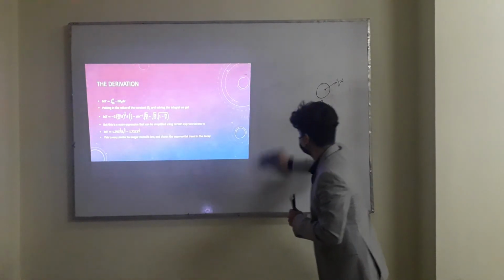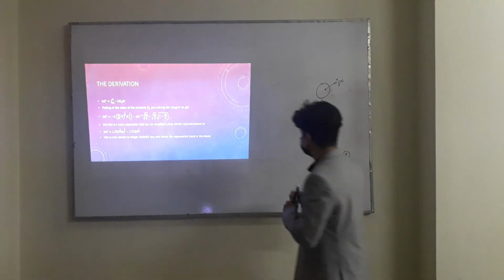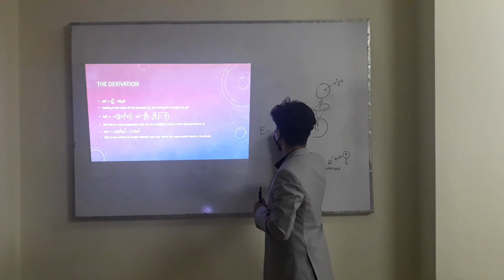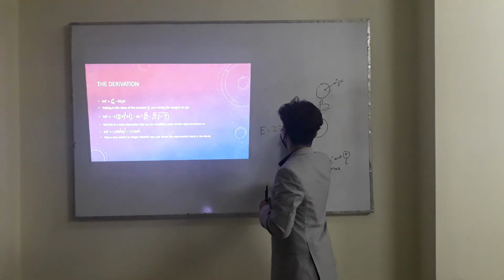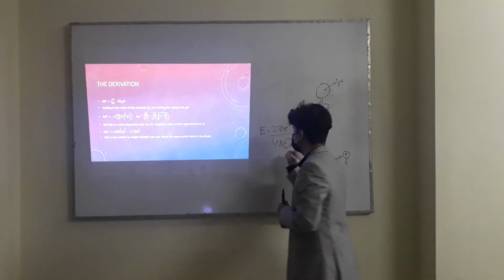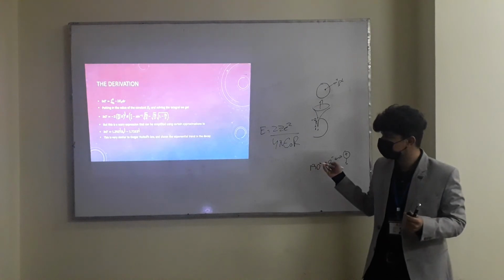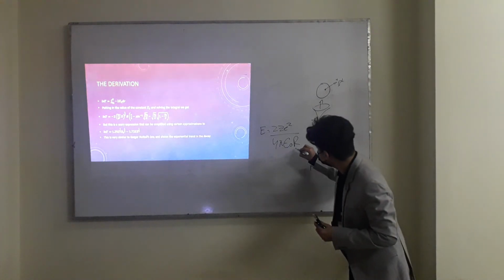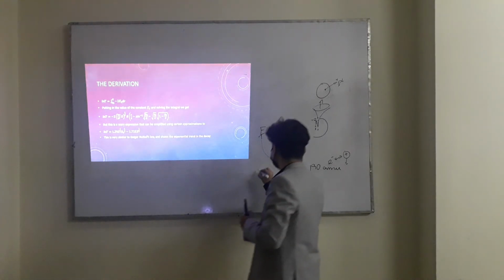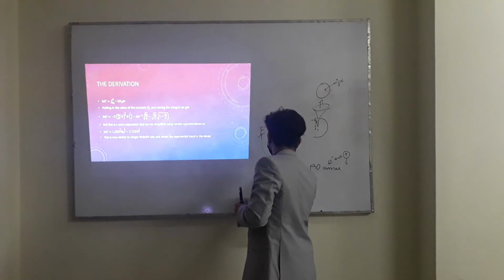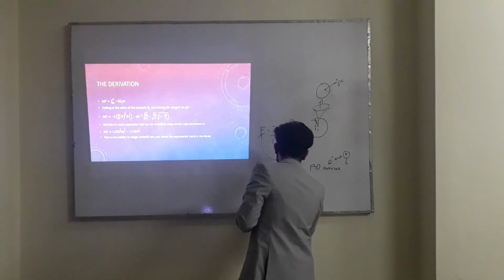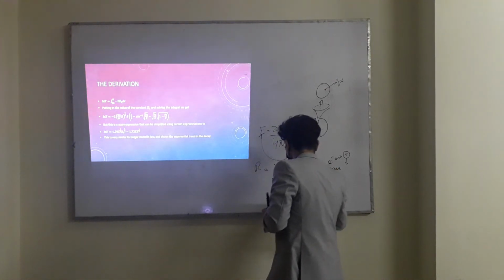We know that E is equal to 2Ze square divided by 4 pi epsilon naught into r. Right, everyone knows about it. But what I will do is, I will shift their places. And I will get r to be equal to